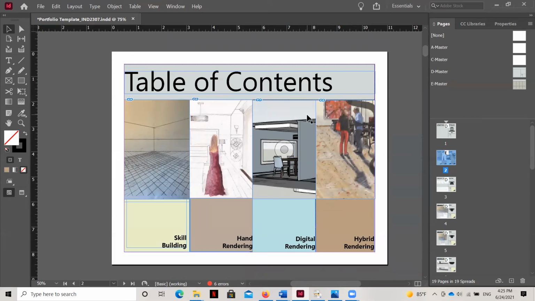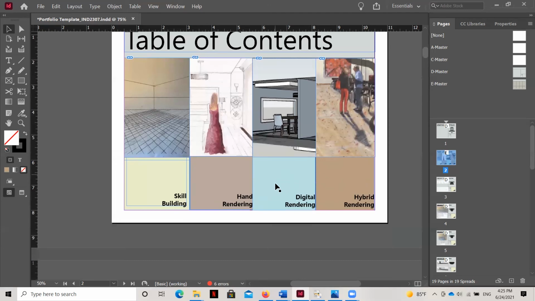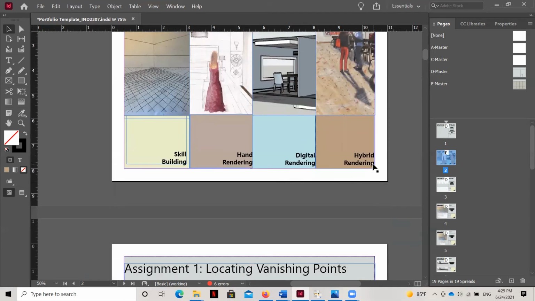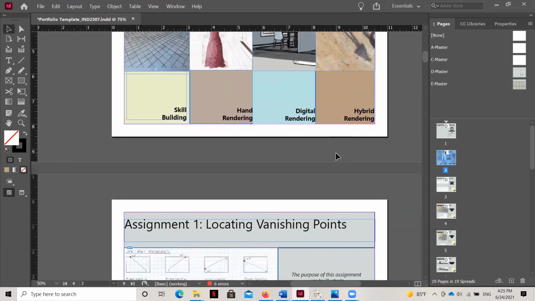Imagine that this portfolio was printed out on 8.5 by 11 paper, and it was bound on the left side. You had handed this to someone who's interviewing you, and they want to go straight to the digital renderings because that's maybe the most critical skill they want to look at. Now, instead of having to flip through all the pages, once they understand how this works, all they have to do is flip up the bottom right corner of your portfolio and flip until they see that at the bottom. Then they can go right to what they want to look at.